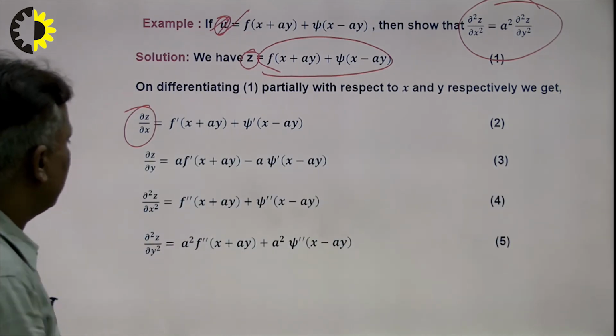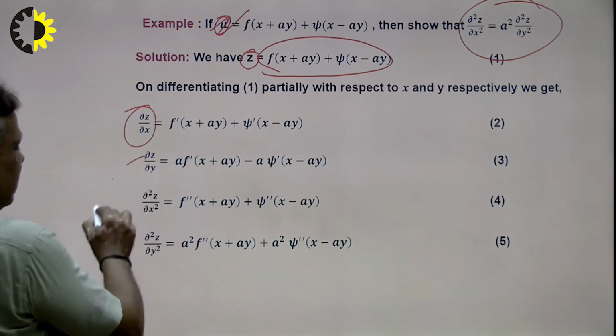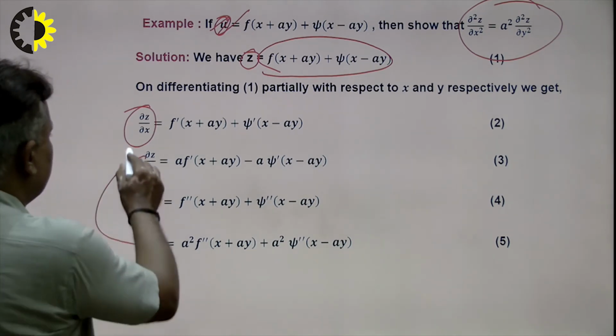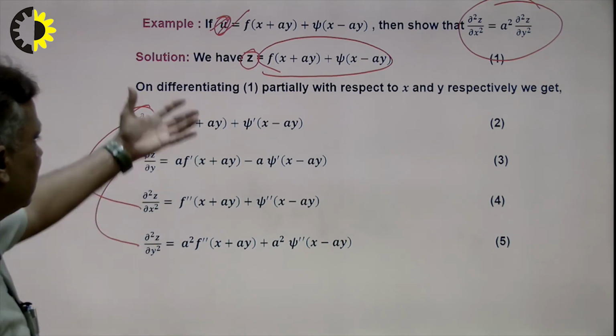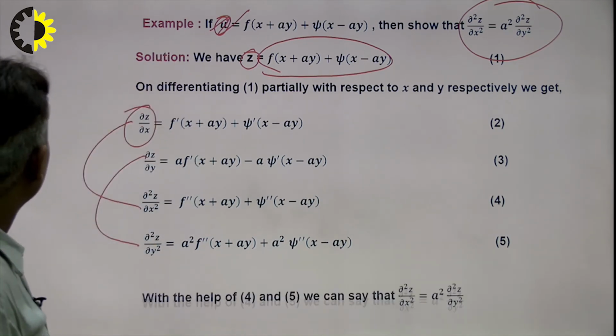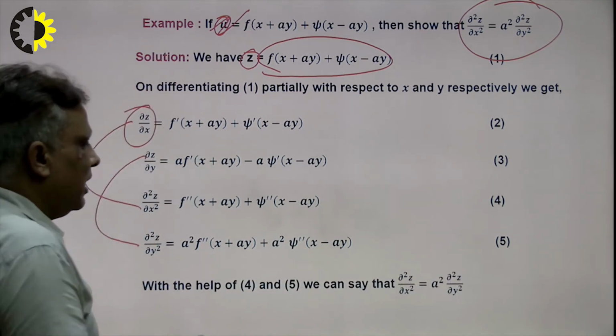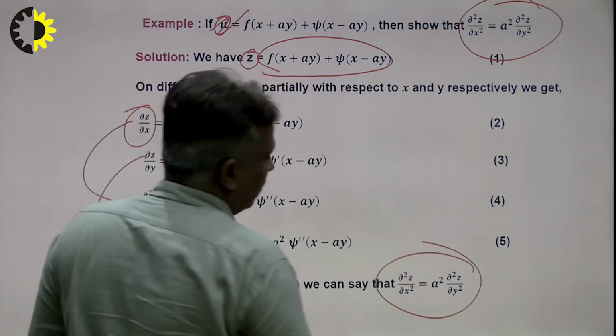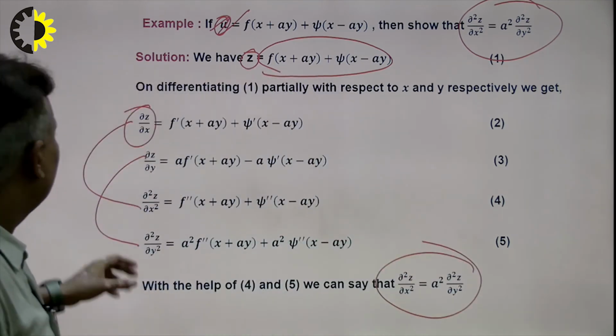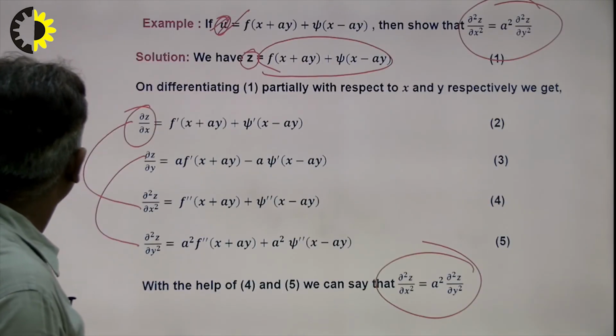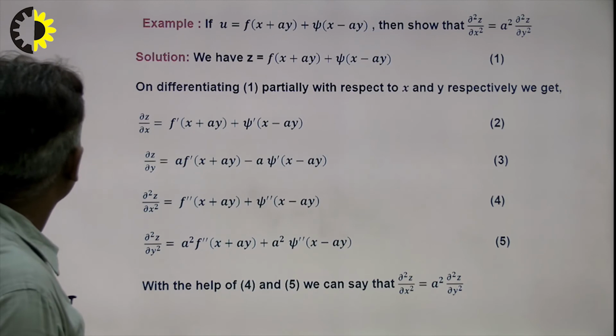So del 2 z over del x square, that means differentiate again with respect to y and differentiate again with respect to x. And what is the conclusion of this result? The conclusion of this result will be the need of the proof. So this will be the proof here. In this way we can find out our problem and solve it one by one. How to solve this is another thing.